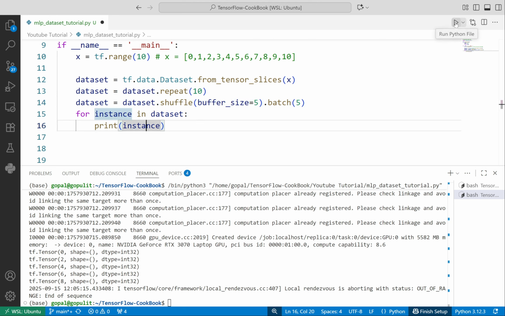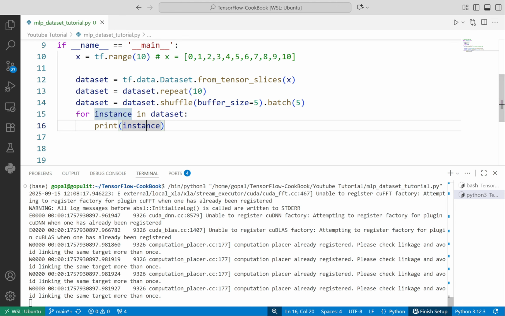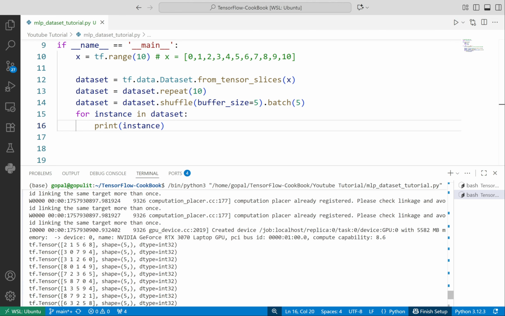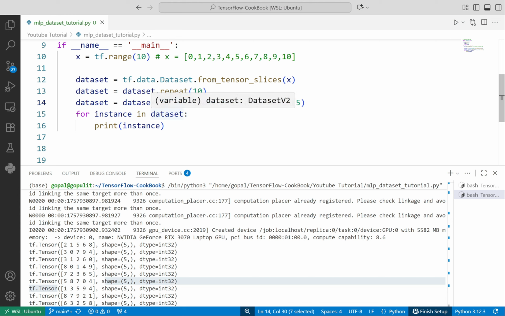So if I simply run the code, you can see that the elements are all shuffled. So if we ever want to shuffle our dataset, we will simply use the shuffle element. Now we can also do